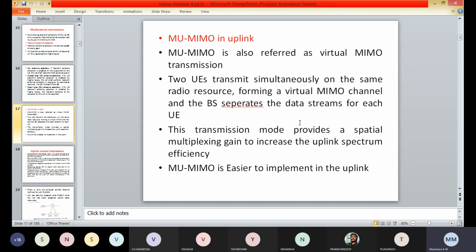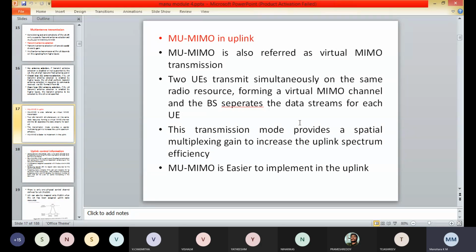So here, as the E node B can estimate the channel information from the uplink reference signal, it is capable of performing the CQI calculation and scheduling without further feedback from the user equipments. This makes it easier to implement MU-MIMO in the uplink than in the downlink channels.